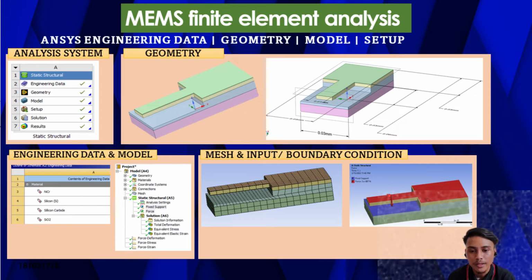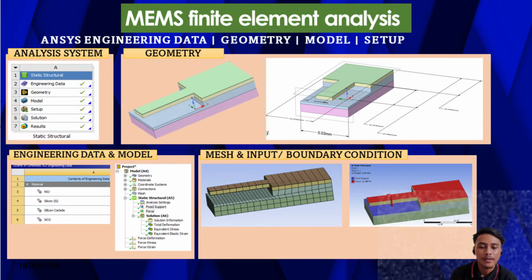In the geometry, our 3D model has the dimension of 0.06 times 0.03 times 0.02 millimeter. In the engineering data and model, we have assigned 4 materials with density physical properties and linear isotropic elasticity. In the mesh and input boundary condition, we assign a force of 3 millinewton on the top surface and fixed